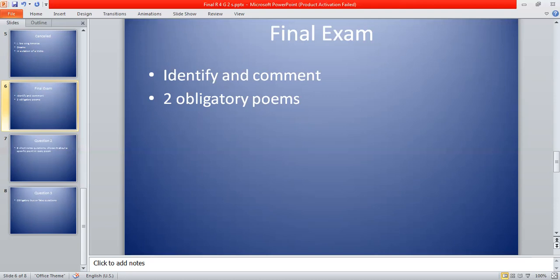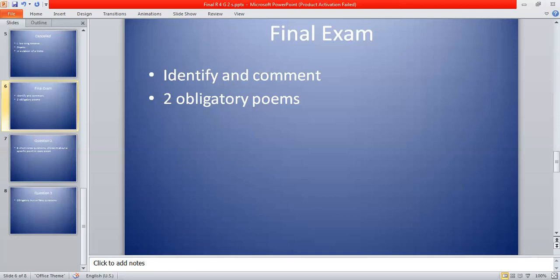Then you have to mention the poetic school to which the poem belongs, whether it's imagism or surrealism, or any other kind of school. Of course, you have to mention the name of the poet and a very brief background about him, just two sentences. You have to mention the name of the poem, and then